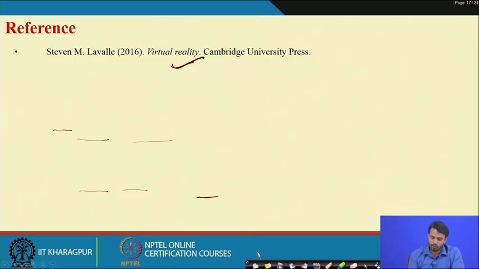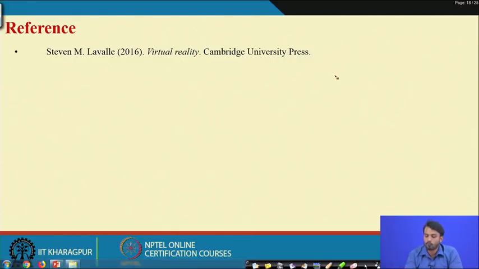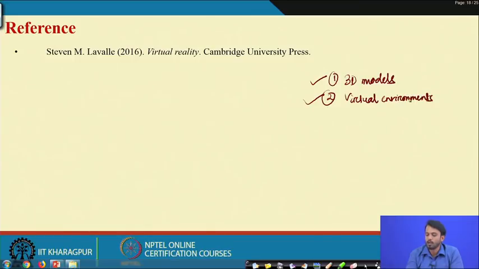So in this lecture we saw first how the 3D models are created, because our main focus will be 3D models. Then our second focus will be on the development of the virtual environment, in which all the 3D models will be incorporated and the virtual environment will be created. And the third one is the interfacing between the user and the virtual environment.